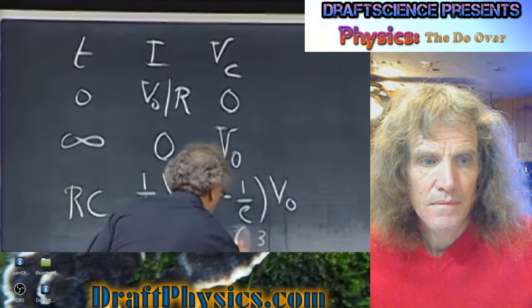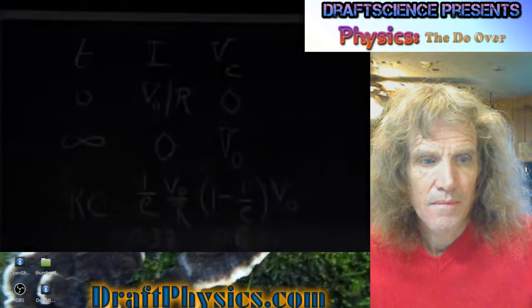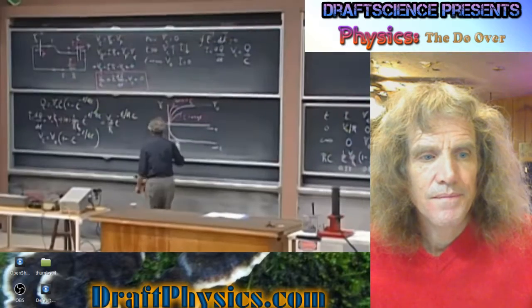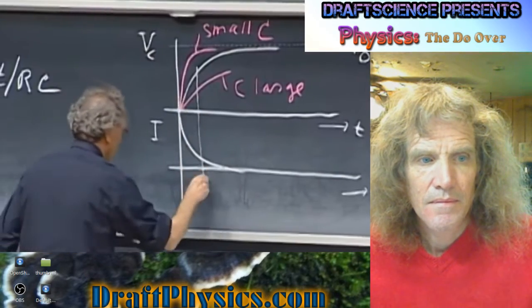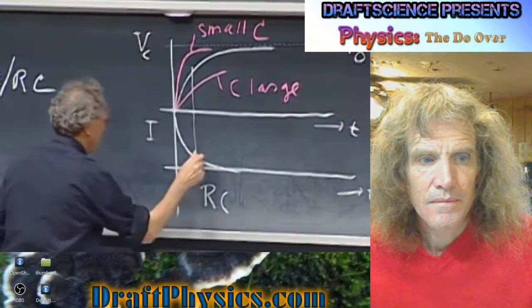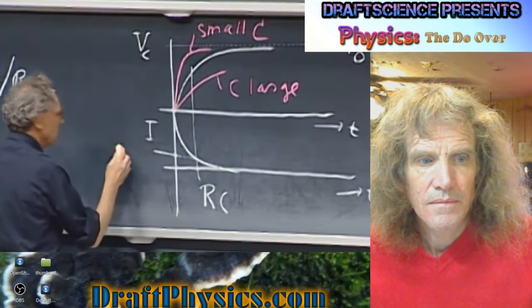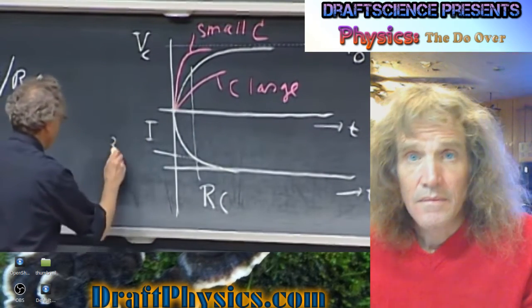63%. In other words, if I go back here to my plot, and if I draw a line at time RC, then this value here is 37%